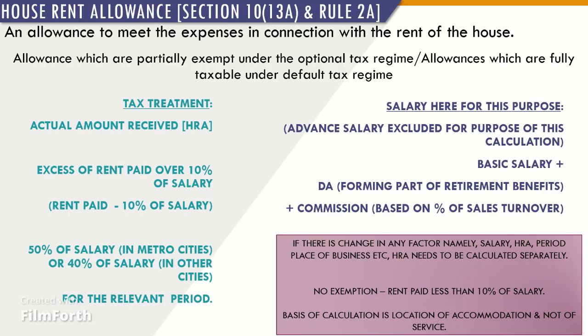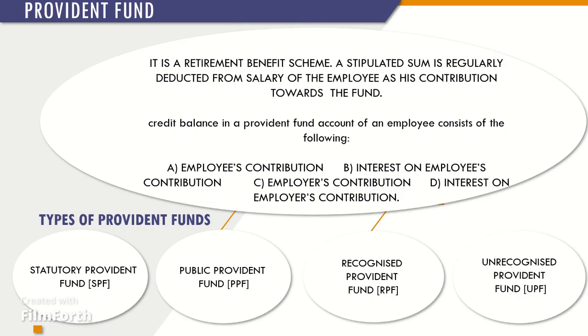If there is a change in place, change in rent paid, change in house rent allowance or change in basic salary structure during the previous year, then it shall be calculated on monthly or periodic basis. Exemption should be calculated in respect of the period during which rental accommodation is occupied by the employee during the previous year. Exemption under Section 10(13A) would be available to an assessee only if he exercises the option of shifting out of the default tax regime provided under Section 115BAC(1A). It is not available under the default tax regime under Section 115BAC.